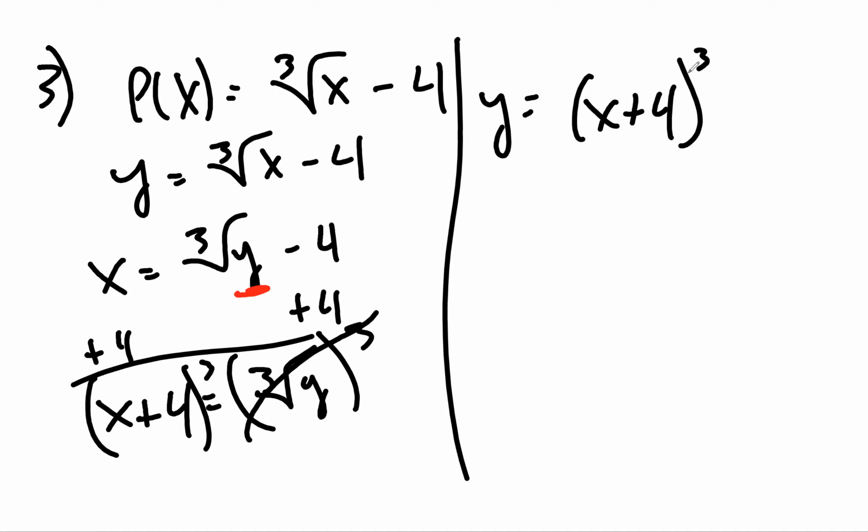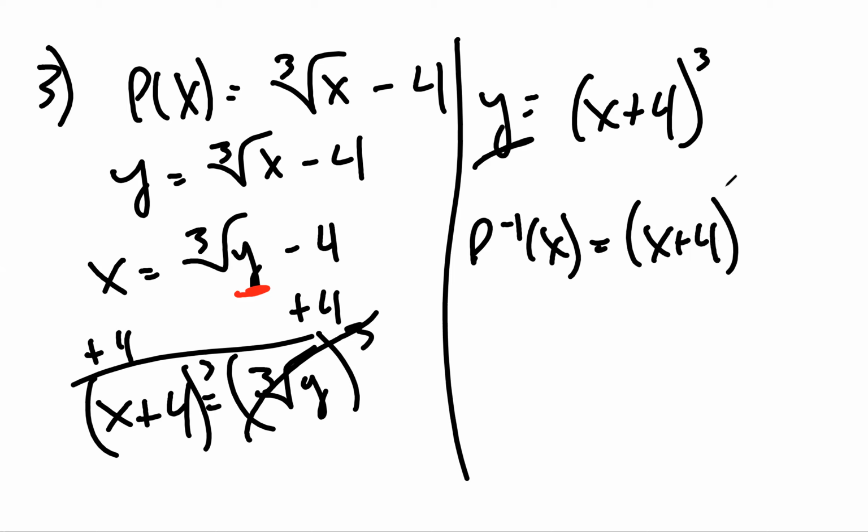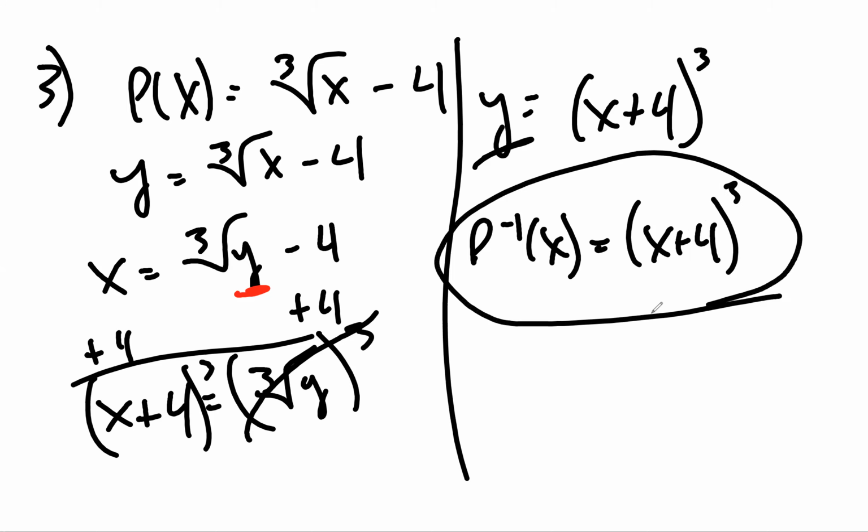Now, I don't want you to have to FOIL all this and stuff out. There's no need. We got y by itself. That was the goal. So let's replace it with the inverse. So p inverse of x equals (x plus 4) quantity cubed. And this is my total and final answer. Done. All right, now,